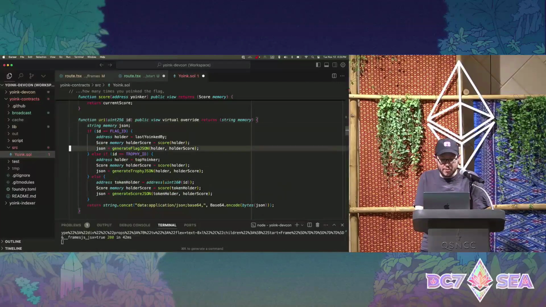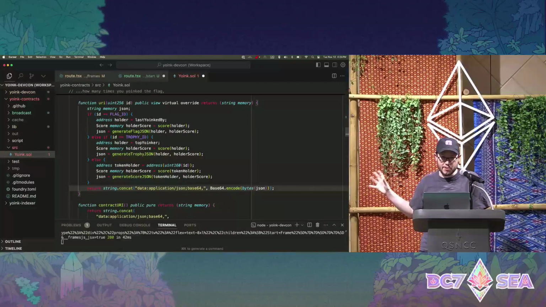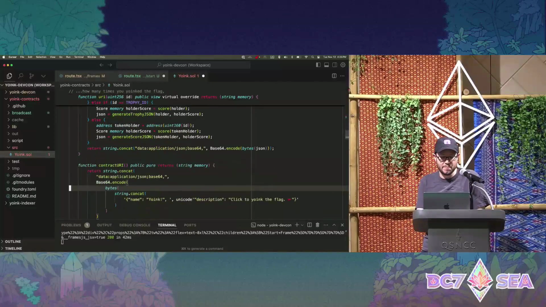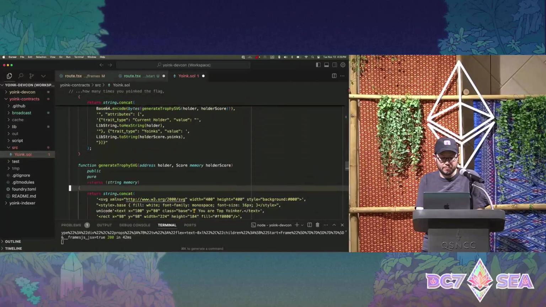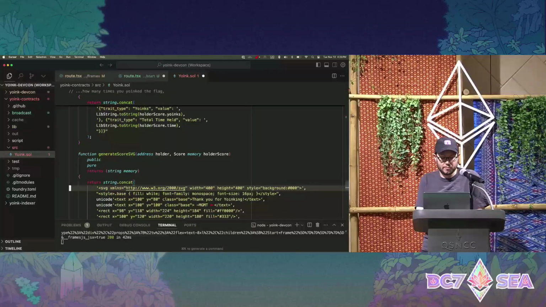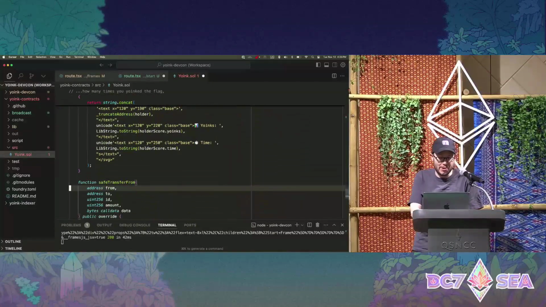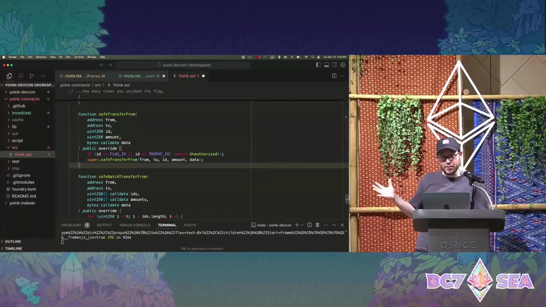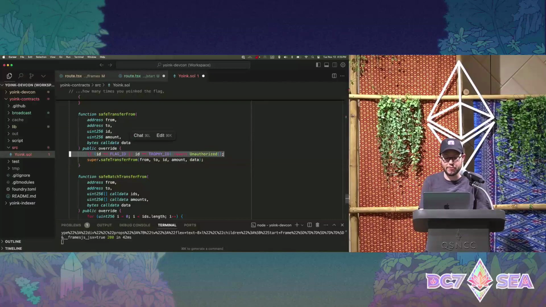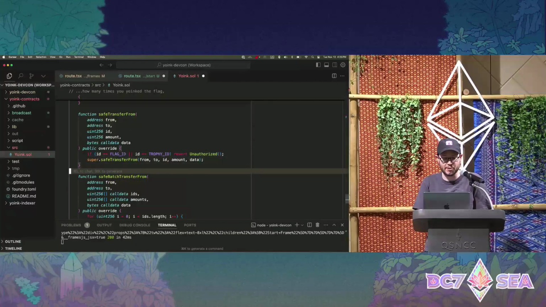We have some helper functions in here for generating on-chain SVGs. So these tokens have a nice little on-chain image. And then the flag and trophy are special tokens, so they're soul-bound, they're non-transferable, right? If you've been issued these tokens, we're going to revert if you try to transfer them to somebody else. So only the game can transfer these tokens. You'll get the flag sent to you by the game contract when you yoink it.